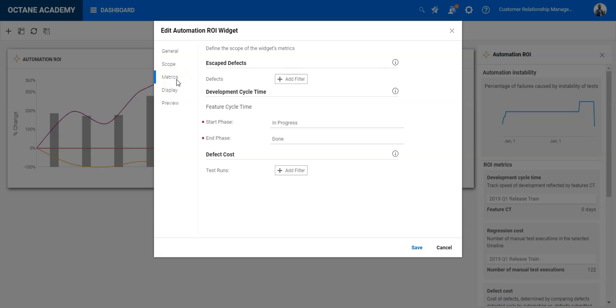The next one is the matrix. So how would you like to measure escaped defects? You can apply here a filter on the defects which were escaped, and based on this filter the KPI will provide you the numbers. The feature cycle time, which exactly represents the development cycle time, you can say here what you would like to measure as